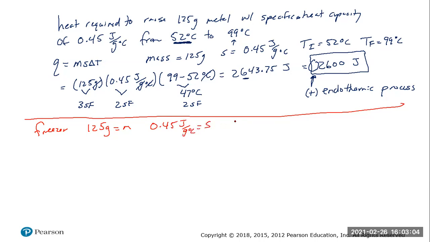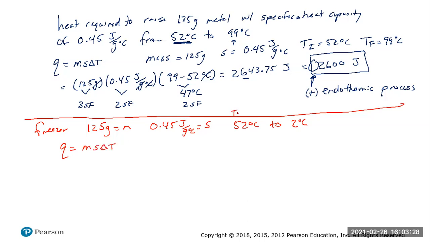But in this case, we started at 52 degrees and maybe we put it in the freezer, and let's just say it went down to, we'll do 2 degrees Celsius. How about that? So we did 2 degrees Celsius at that point. How much heat is required in that case and what happens with that? So if we use our Q, we would do our m s delta T.